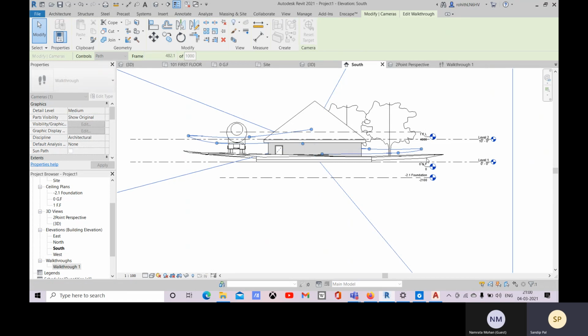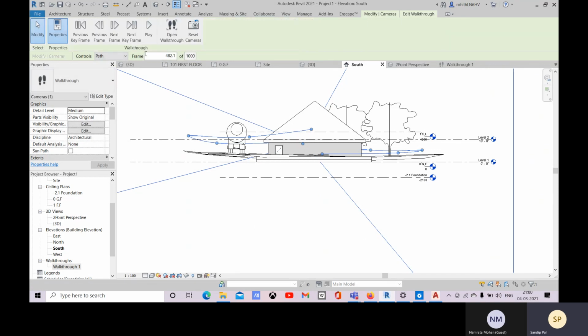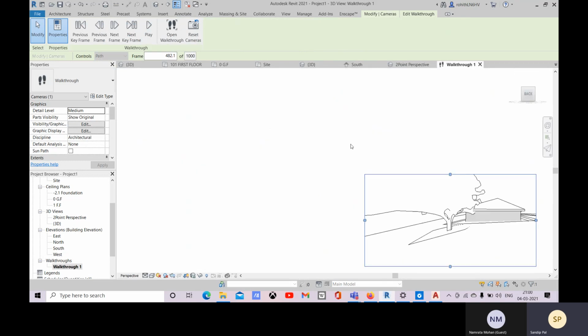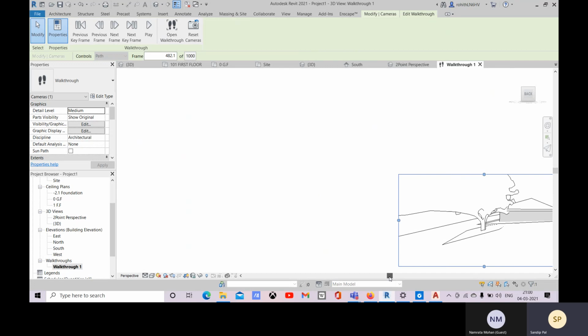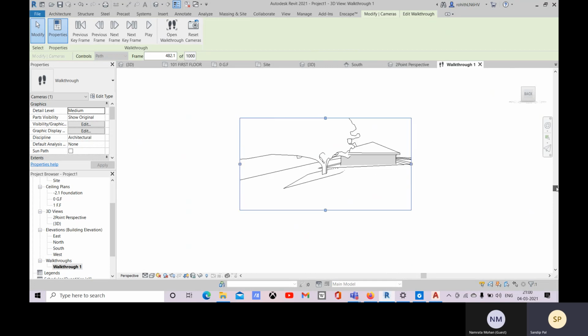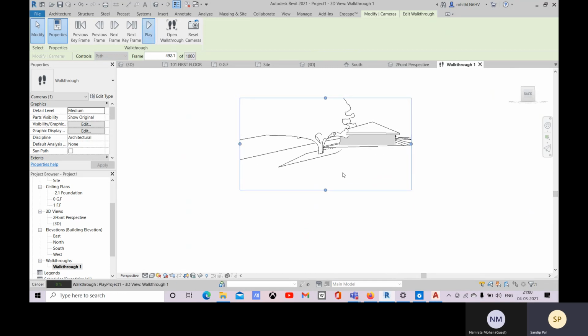So now what you can do is play this. Come to walkthrough, and you will see it. You play, and here you can see.